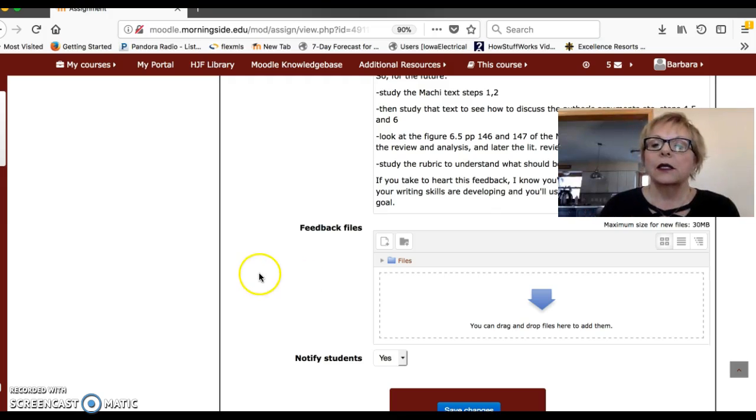So I hope that this has helped you see the importance of the rubric and the importance of using the rubric as you are grading and making your comments. So I invite you to study that rubric and establish for yourself, see the ties between the Mackay text and the